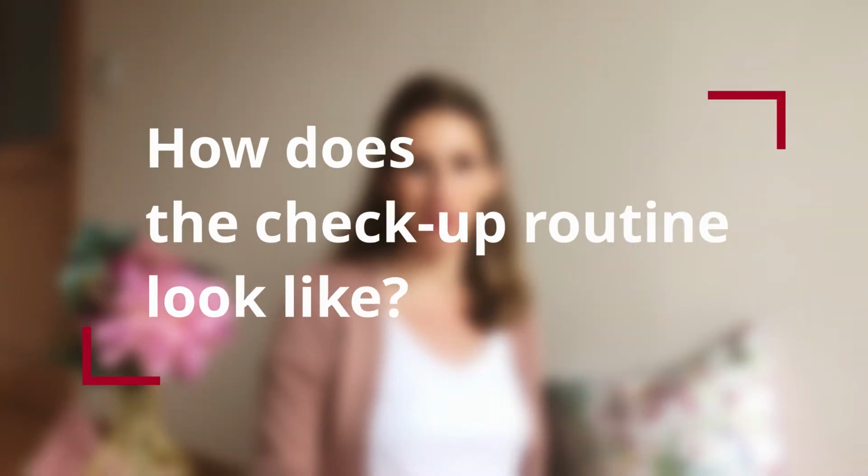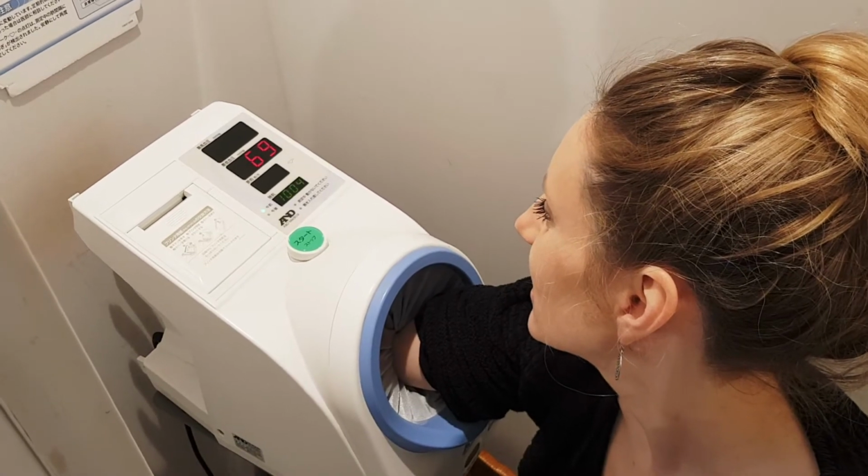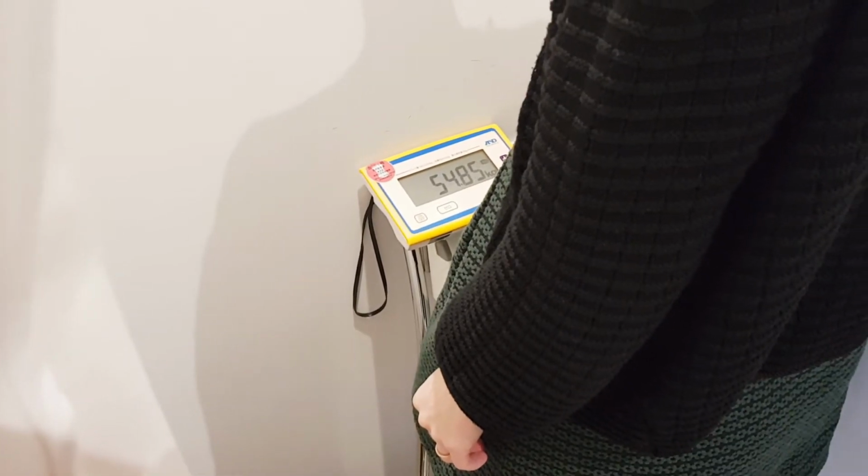How does a checkup in Japan look like? All your checkups will be at the hospital and not at your doctor's office. And there's a whole routine behind it. When you get to the hospital, at the very beginning you get a hospital card with your name and your data on it. And then you get a folder with this card, and with the folder and your card you start the whole little routine. You go to a machine where your blood pressure is measured, and then you weigh yourself, and you